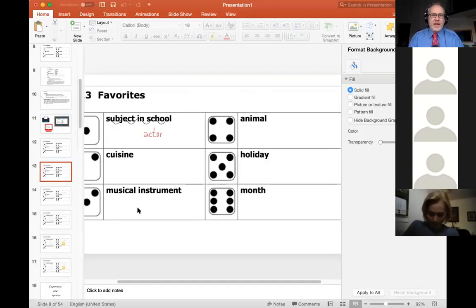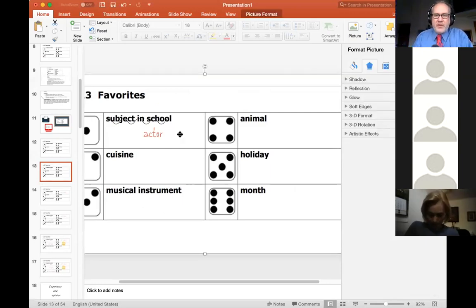So I'm going to roll the dice again, and now I would like you guys to take part in this. Here's our roll. I got a 1. That means you can type into the chat box who is your favorite actor. Meryl Streep, Denzel Washington. Okay, cool. And now as we go forward,